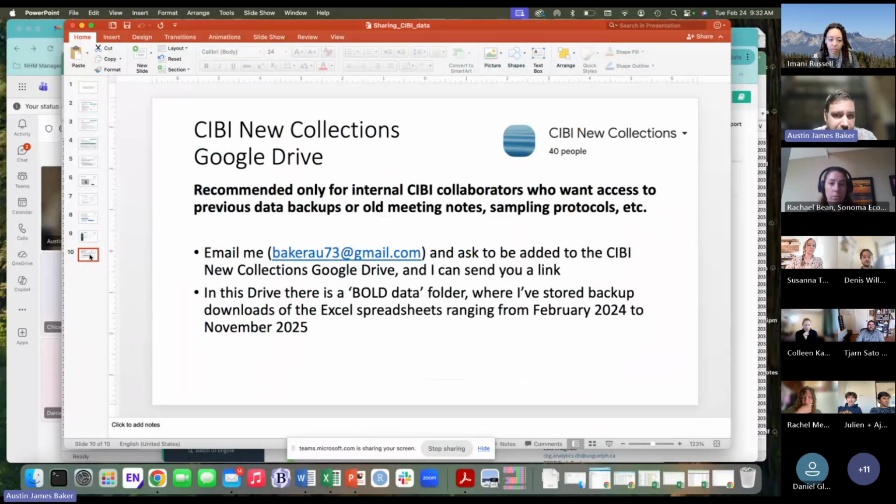And then the last way is to access through the Google Drive. Again, I don't recommend this for most users unless you want previous data backups, old meeting notes, sampling protocols, things like that. This is where we've kept a record of all of our insect barcoding initiative documents. And then you just need to email me, ask for permission to access the Google Drive, and I'll send you a link. And within the drive,